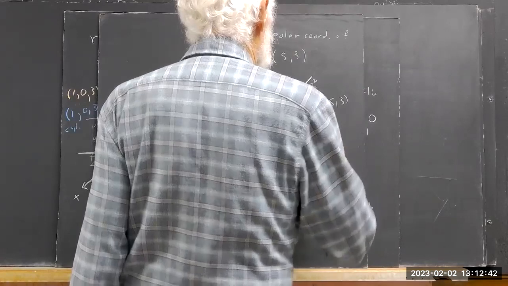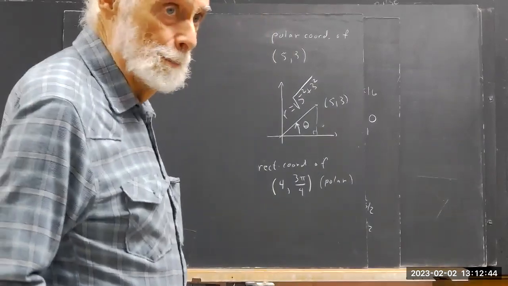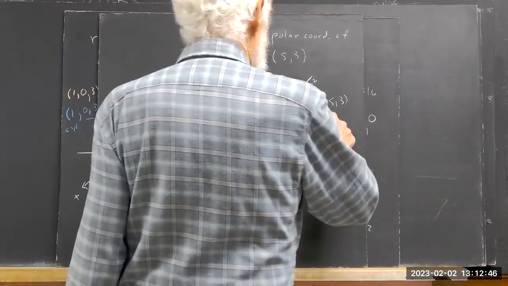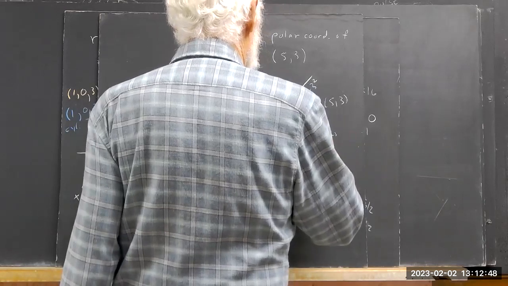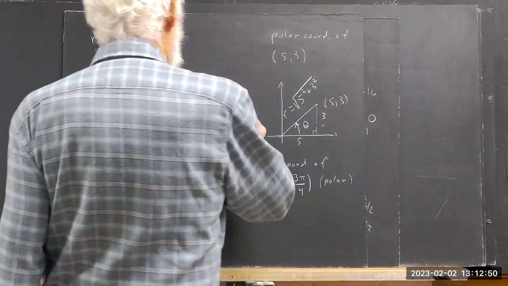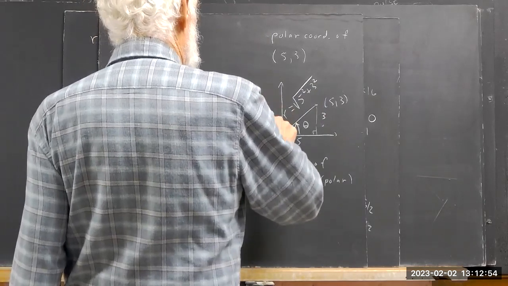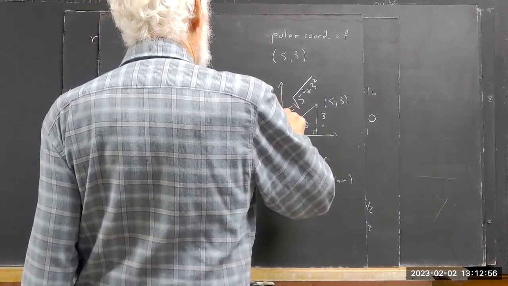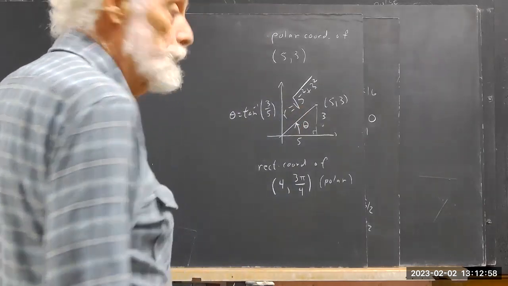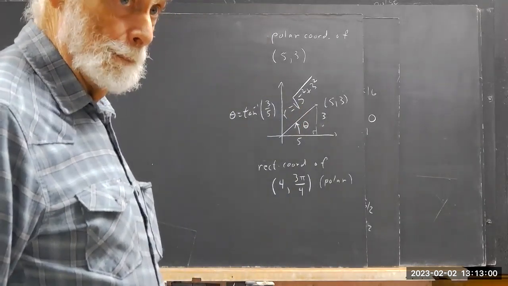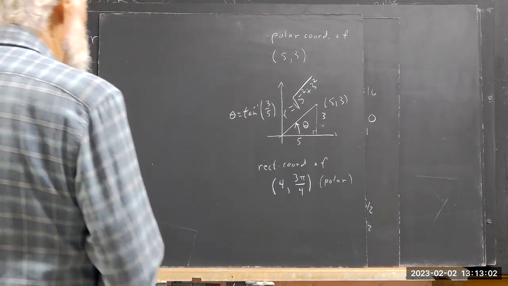Here's the right triangle. Okay. And we've got 3 here and 5 here. So the theta is the arctangent of 3/5. Okay. So in general,